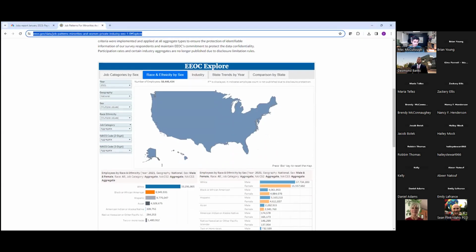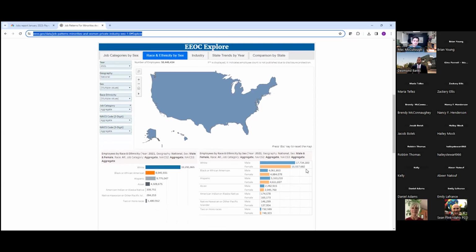And what we see here at first view is employment by race and ethnicity. There's some great labeling, as Mac went through. We also see it by gender. And what you can see from this aggregate data is that across the United States, there seems to be relative equity or equality between the sexes. Overall, between male and female, among whites, among blacks, Hispanics, there seems to be about equal employment within each race and by